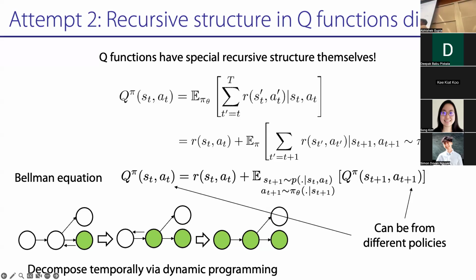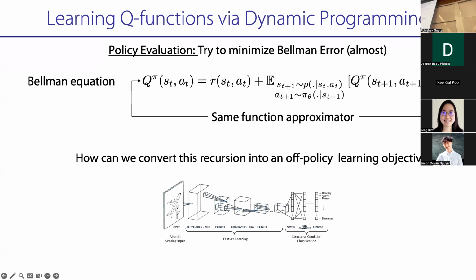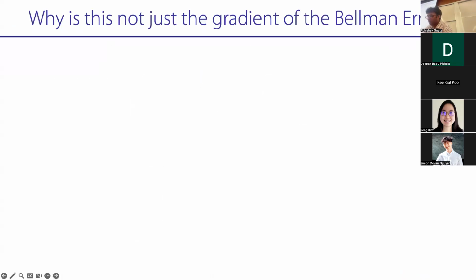Okay, good. So this is still a recursion. Let's try to formulate it into an objective. But the nice thing is that it's off policy. The left-hand side can come from pi beta. The right-hand side can come from pi theta. They don't have to be the same. So when we formulate it into an objective, you want to take this Bellman equation and make it into something you can do gradient descent on, something you use to update the parameters of your neural net. We're going to say that Q is going to be a neural net, and we want to convert this into an objective to train that neural net. So how are we going to do it?